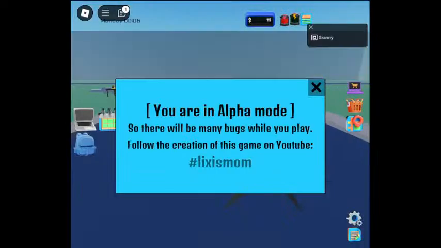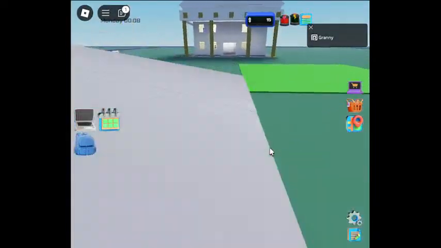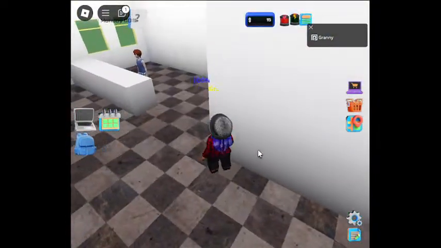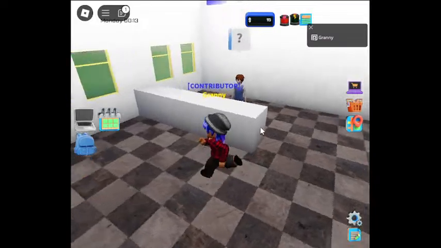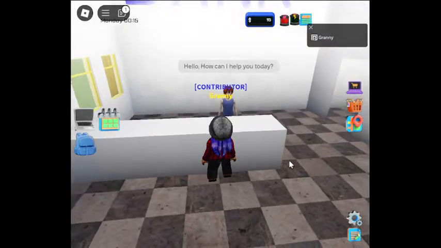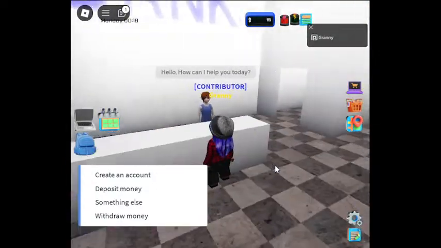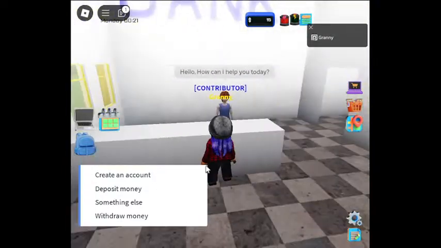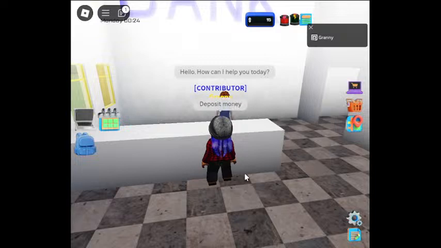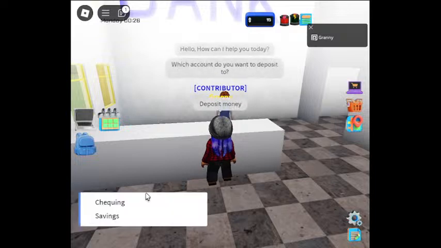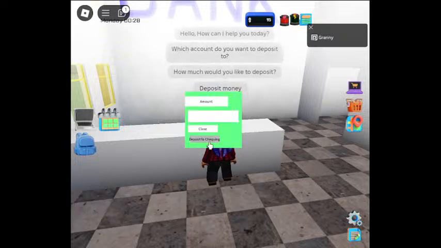Okay, so let's go see. Wait, can you guys see? Yeah, you can see, although you can't see in my full screen. We're just showing that we're bringing the new bank into the game. So we're not allowed in there, so let's talk to the teller. Yeah, the lighting, we have a lot of fixing to do. The lighting is too much. Deposit money to my checking. Okay. Oh, we're gonna finish off today with fixing up this UI. We're gonna put one